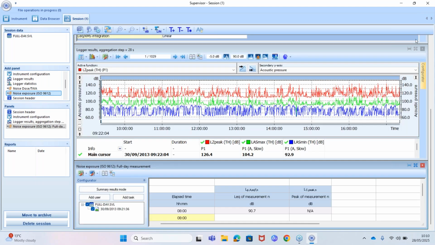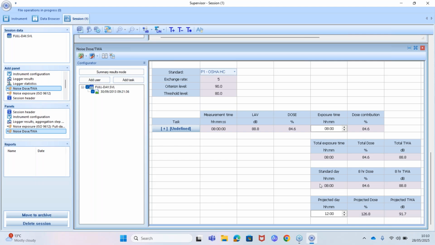You'll see why shortly, that I want to show you all these particular tabs, as it just gives you more information for your user and for yourselves as a business, if you're carrying out your tasks, of what exposure your guys are being put to over that period of time. This is another one within the time weighted average. What I'd also like to show you as well